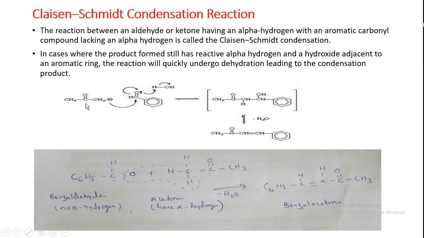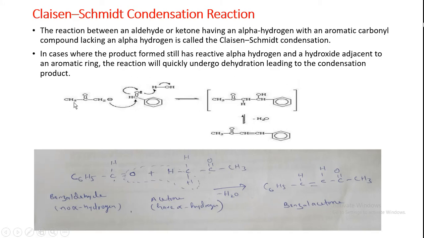So here you see this carbonyl compound. This carbon contains alpha hydrogen. The carbon next to the carbonyl carbon, if it has hydrogen, that hydrogen is known as alpha hydrogen. Here three hydrogens are there, and here two hydrogens, these are alpha hydrogens. If there is another carbon attached further and it has hydrogen, that will be beta hydrogen with respect to the carbonyl group.